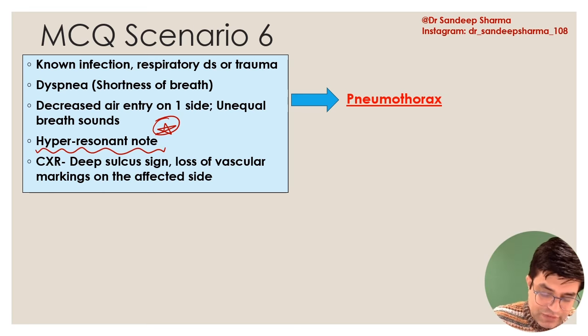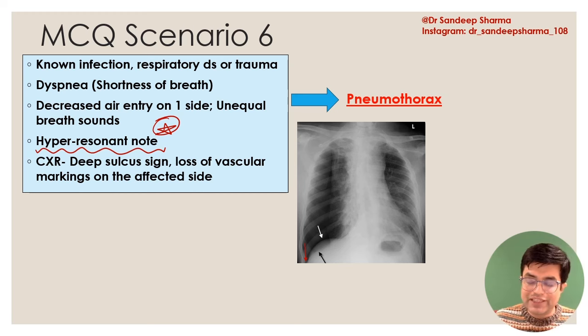So let me show you the photograph. Look at this X-ray. They can give such a photo. A similar X-ray has been asked in the exam, and they will say the patient had unequal breath sounds. Tell me the diagnosis. Can you see that on the right side, firstly, the hyperinflation is more. Secondly, can you see the bronchovascular markings have disappeared in all these spaces, right? And most importantly, can you see the sulcus on the right side,